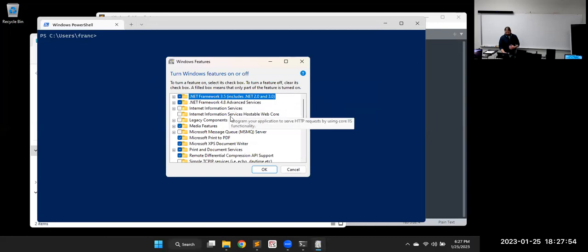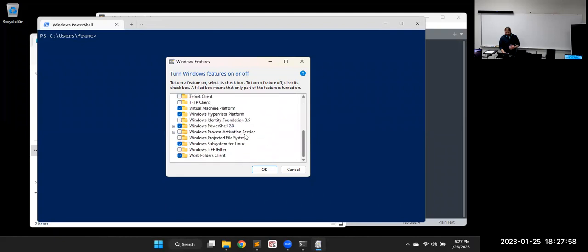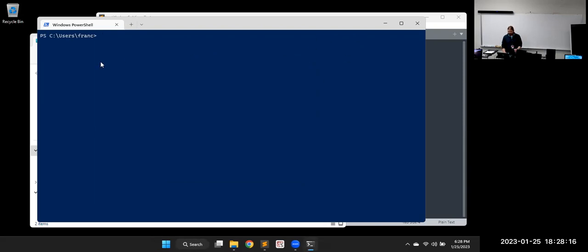You get a big long list of checkboxes, and down near the bottom is Windows Subsystem for Linux. If you turn that on, you get the built-in one. Then when you restart your machine, you'll have the WSL running there.